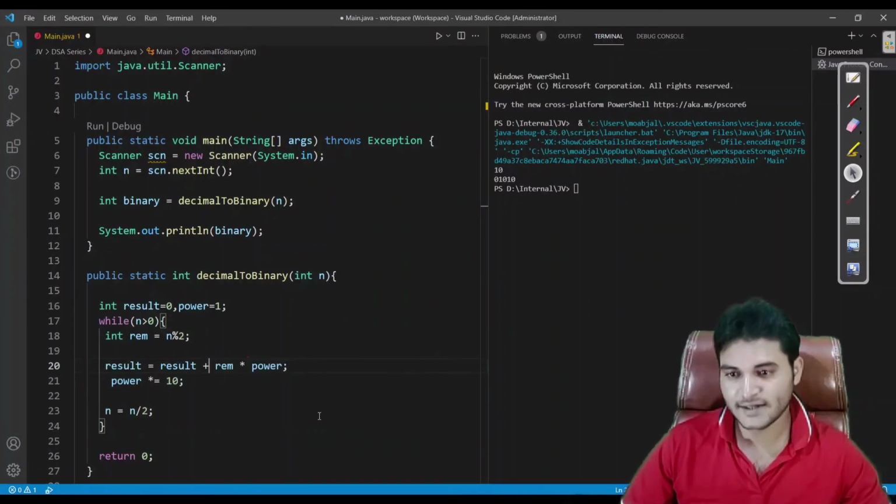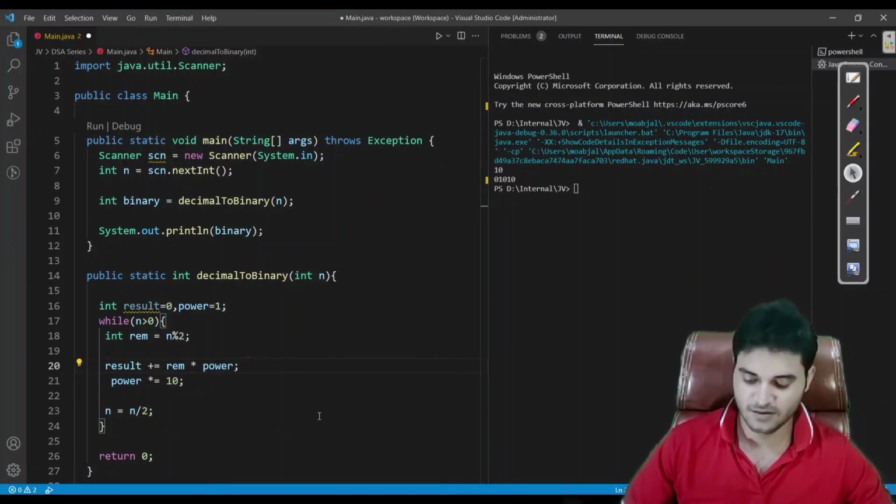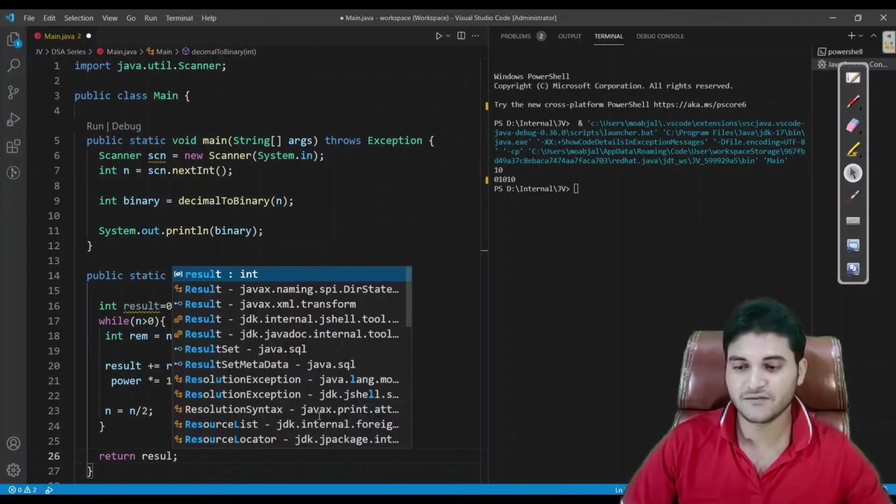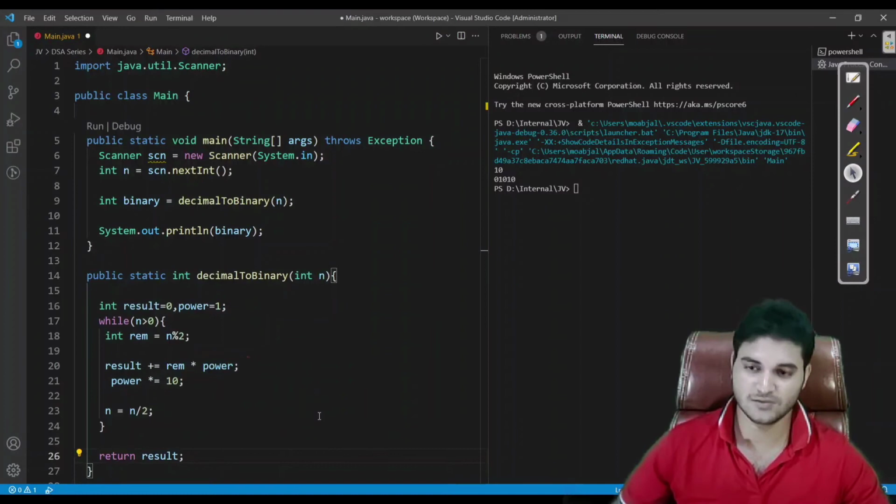If we have to add into the result only, then we would remove the result from here and apply the plus sign here. So we are done with the program. In the last, we just have to return the result, so that in the main function we should be able to print the result also. Fine. So let me